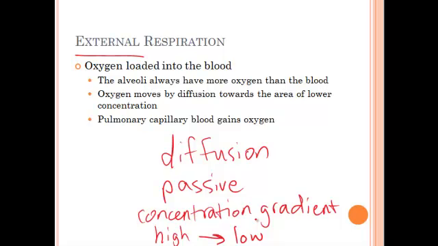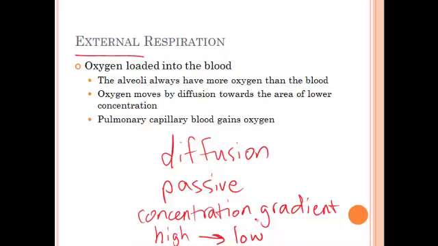So oxygen is the same way. Oxygen wants to move from areas of high concentration to areas of low concentration. So if you think about breathing in, as you're breathing in, the amount of oxygen in your lungs is going to be greater than the amount of oxygen in the blood, because as the blood is circulated around your body, all the cells have pulled out that oxygen. So there's very little oxygen left in the blood as it comes back to the lungs. There's a lot of oxygen in the lungs because you just breathed it in. It's brand new air. And so the concentration of oxygen in the lungs is higher than it is inside the blood. So the oxygen naturally wants to move from the alveoli into the blood.